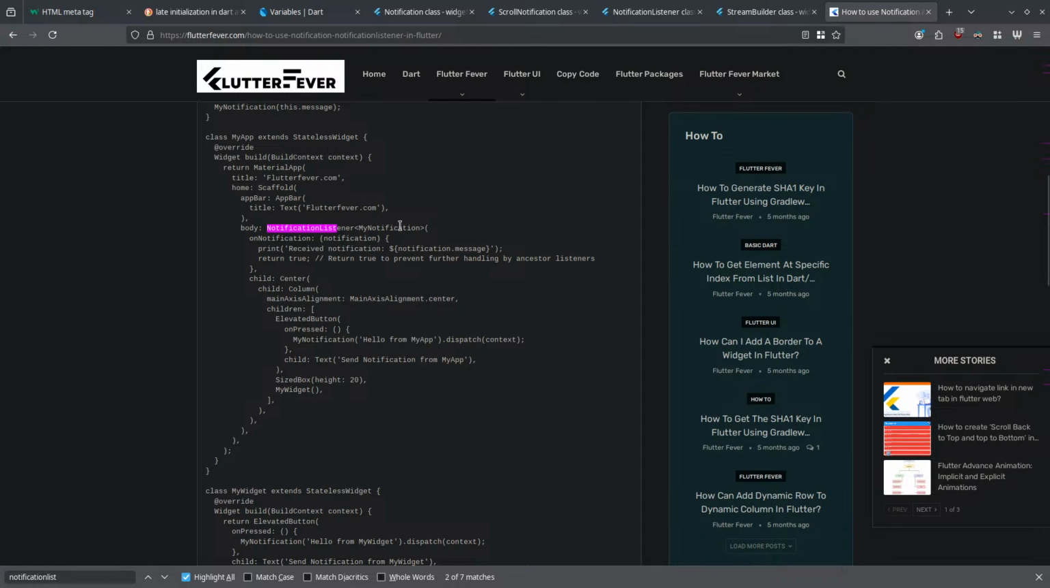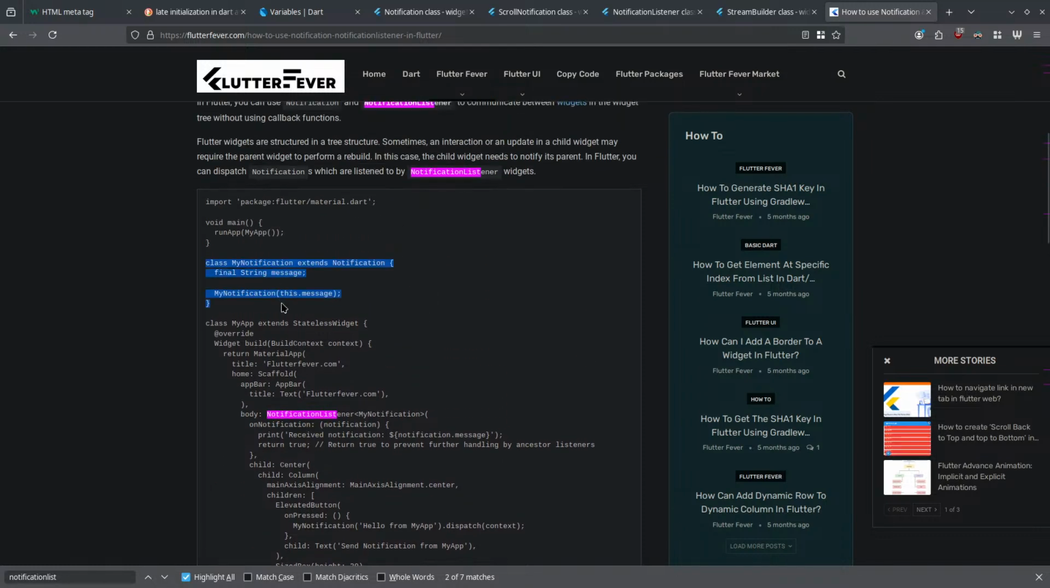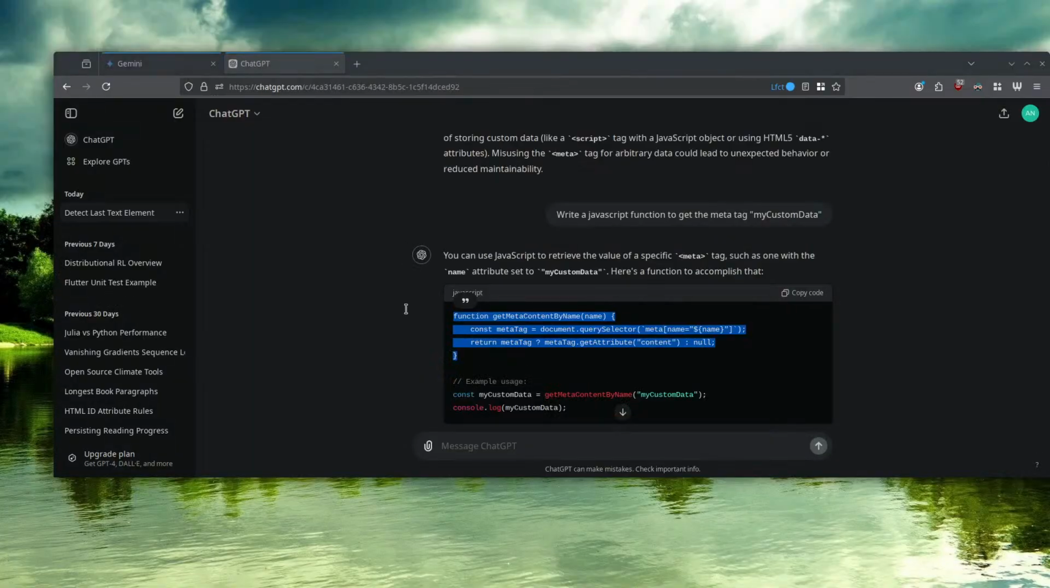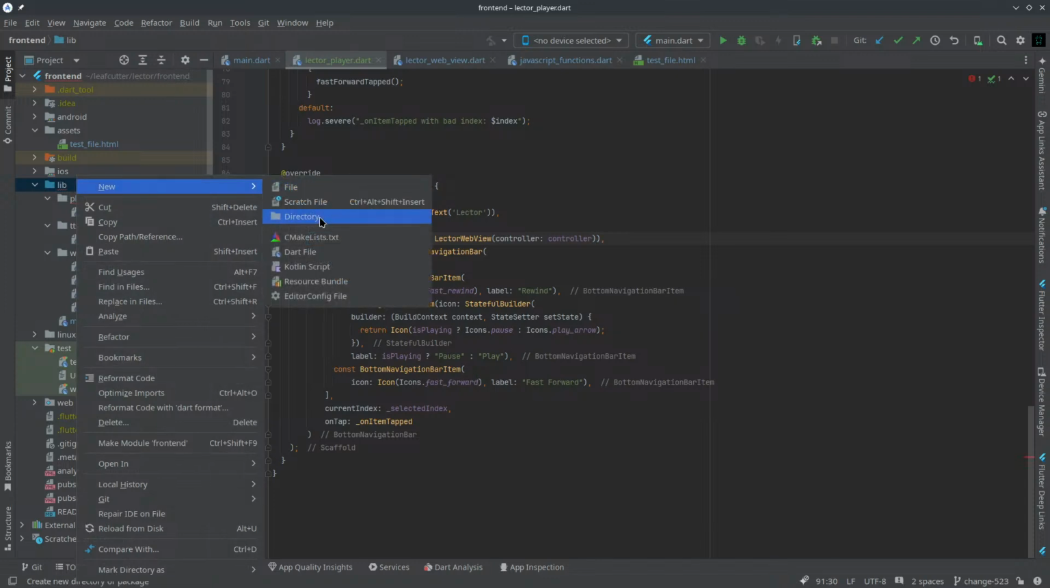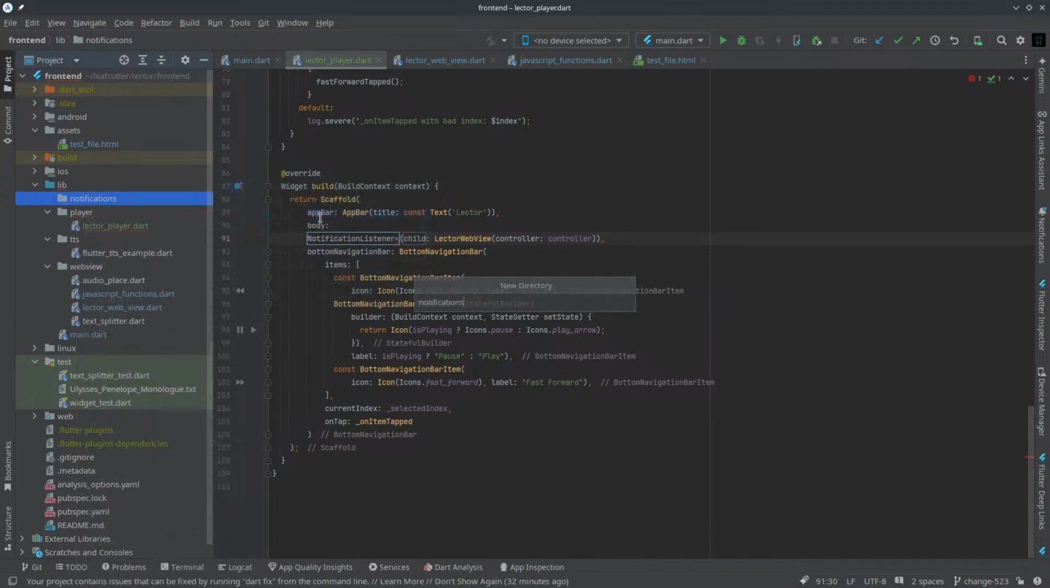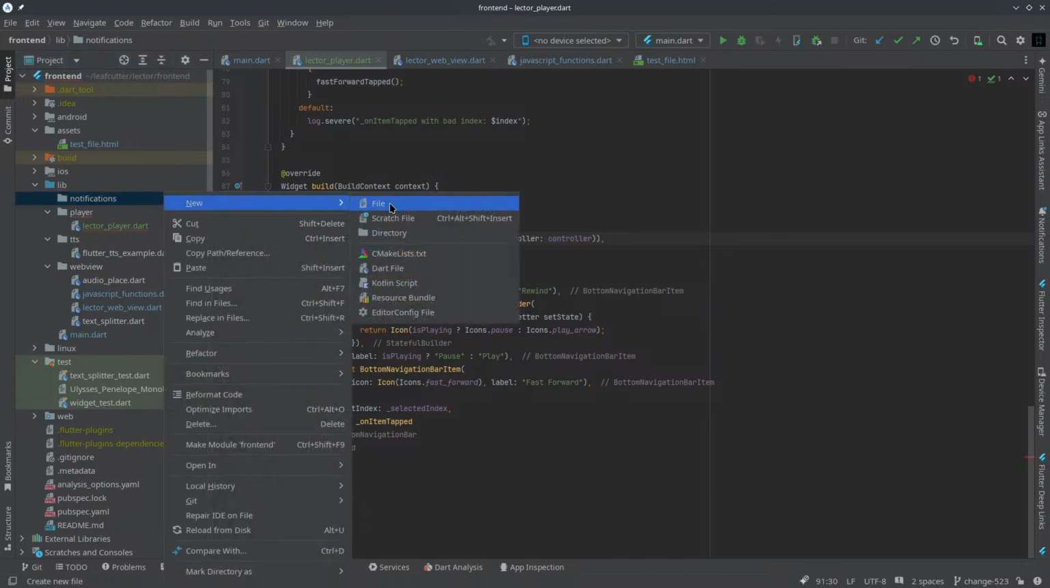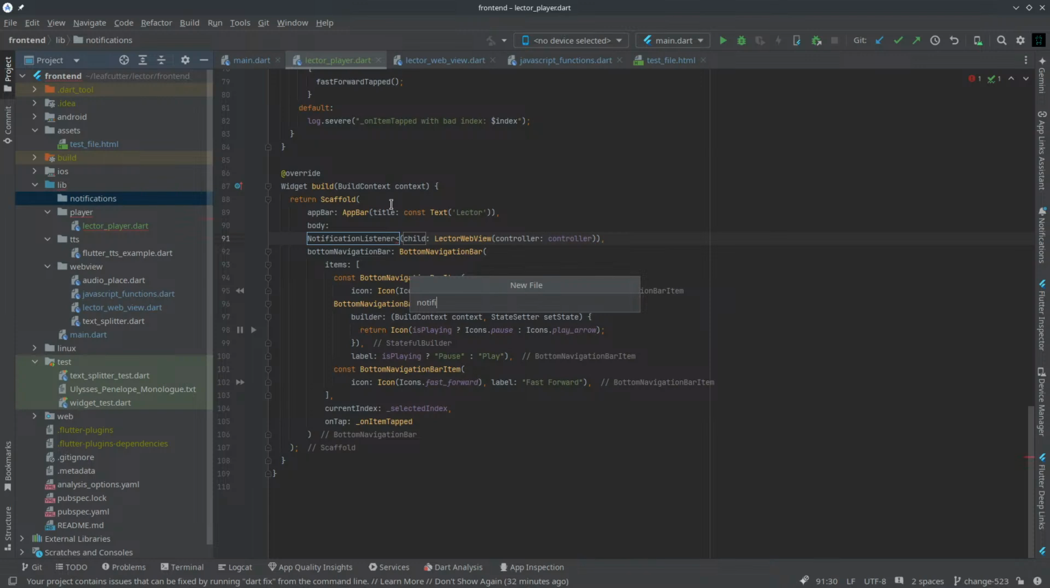Okay, so this person defines my notification. So it does seem to need something that extends notification. And it needs a message, and you just incorporate the message. So I guess I'll start a new folder of notifications. I don't know how many I'll need, but we might need a few. So we'll put them in their own place. And I'll start with